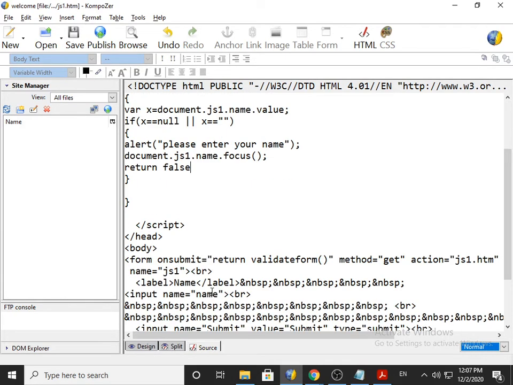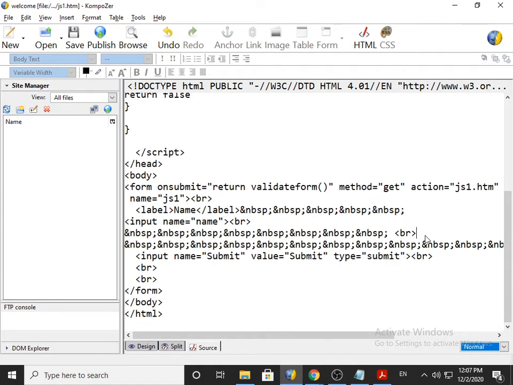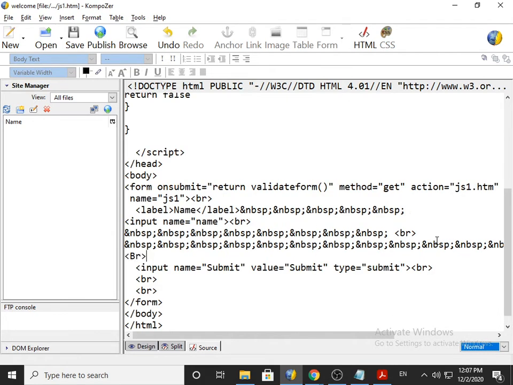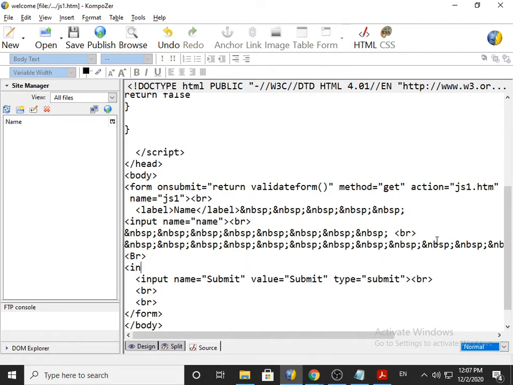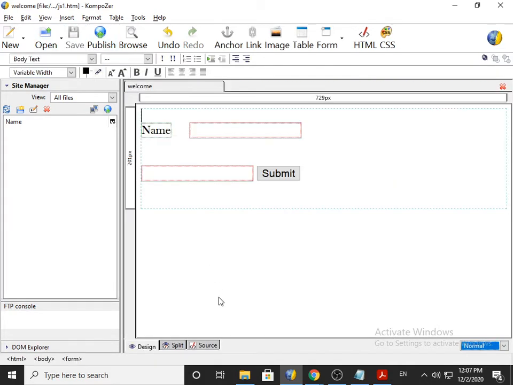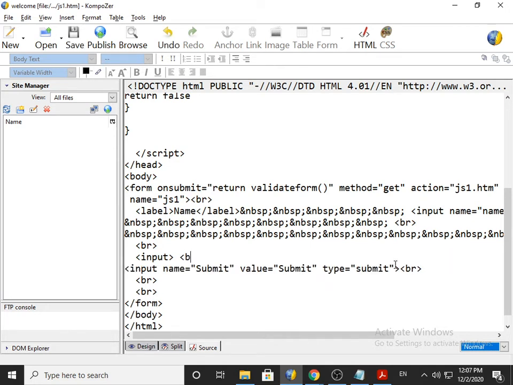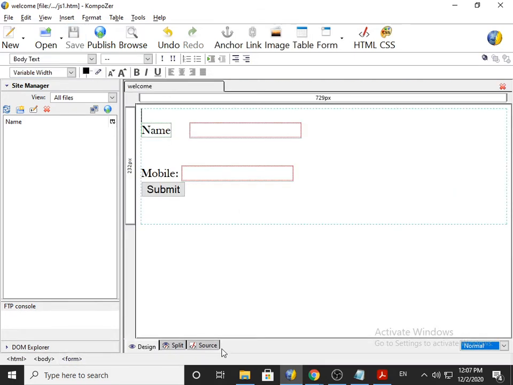See, I add something so I can explain it to you properly. Now we will try to see this.